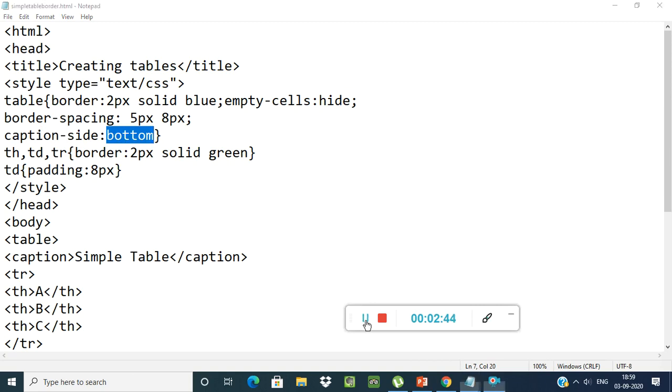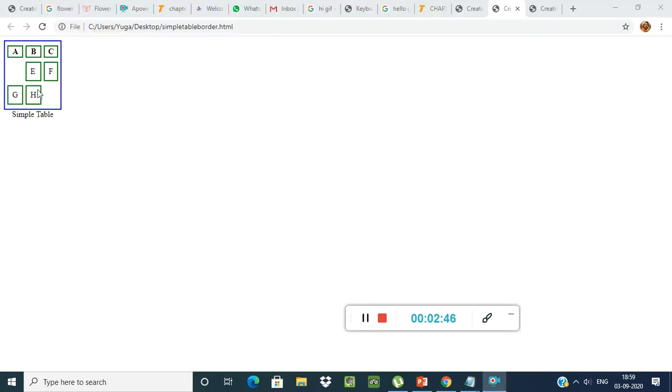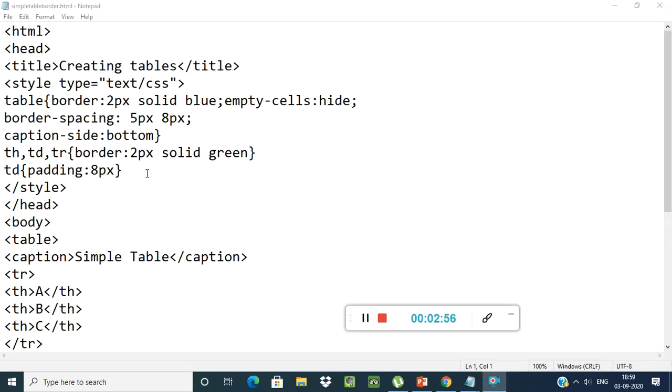See here, in my output window, this is my table caption, simple table. It will come to the bottom. If you wrote top instead of bottom, then your caption will go upside.